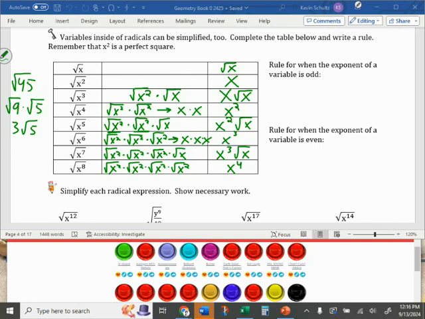Tatum, I heard you say they're just half. Whenever you have an even power, it's a perfect square because all the roots are simplified out. It's just the exponent: 6 divided by 2 is 3, 8 divided by 2 is 4, 4 divided by 2 is 2. So the rule is, for any even power,